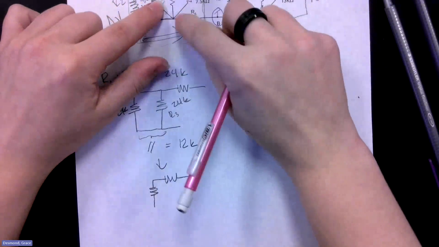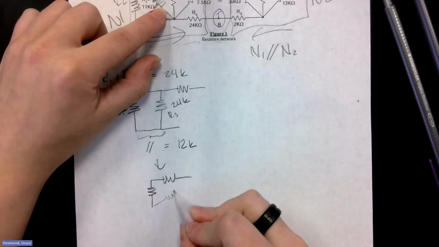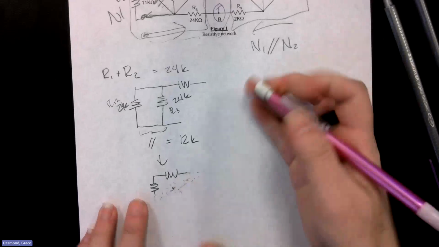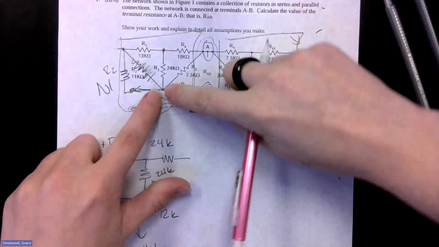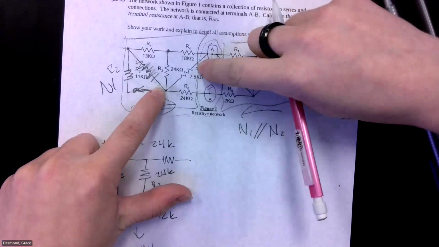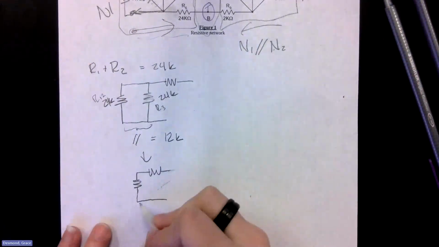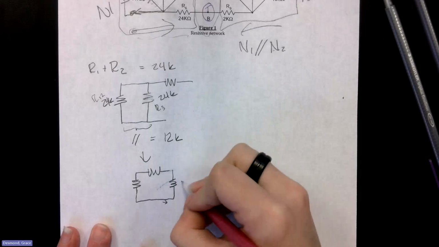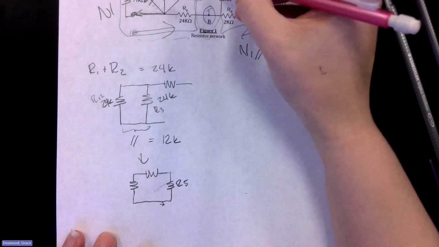So we just drew R3, this combination, and R4. We could draw the next one like this, but instead, I'm going to pull it out like I just did earlier. I'm going to say there's a wire here. We're going to take this and pull it over so that this resistor is straight up and down. But there's only a wire here. That is not where the 24K is. So I'm going to pull this over and put R5 here. And then up here, 18K